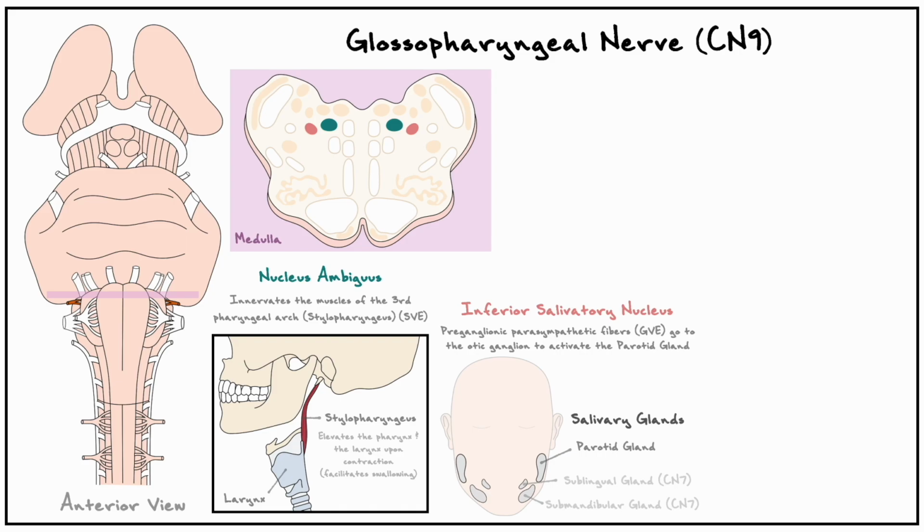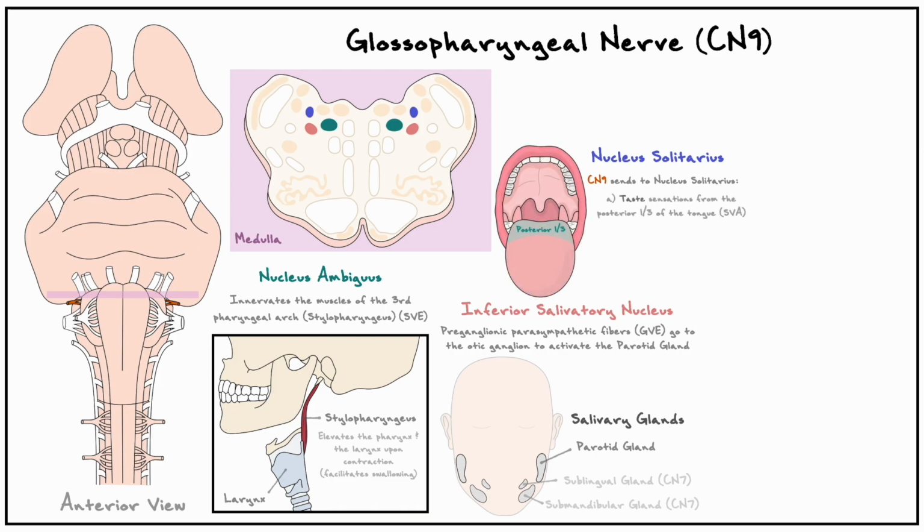The third important nucleus is the nucleus solitarius, which primarily receives sensory inputs from the glossopharyngeal nerves. Some of these fibers are visceral afferent fibers and bring taste sensations of the posterior one-third of the tongue. Remember that the remaining taste sensations from the anterior two-thirds were carried by the facial nerve. In addition to these fibers, the glossopharyngeal nerve also carries general visceral afferents that innervate the carotid body and the